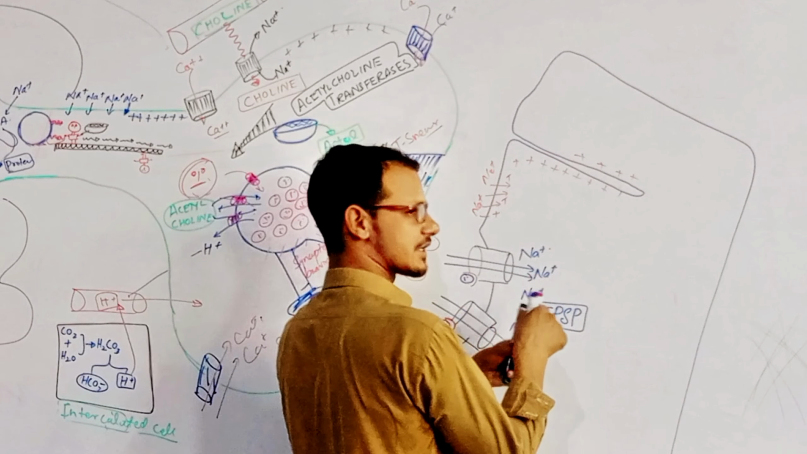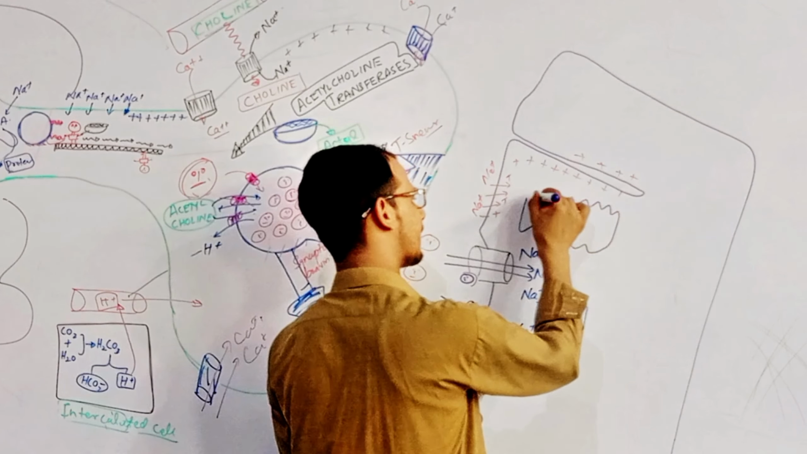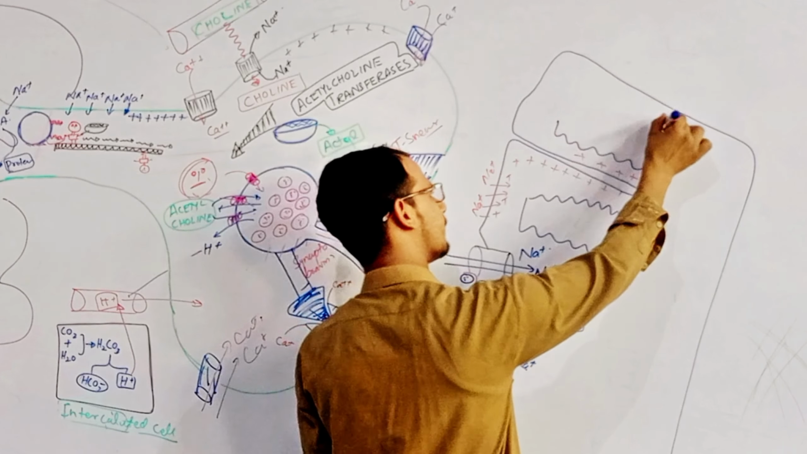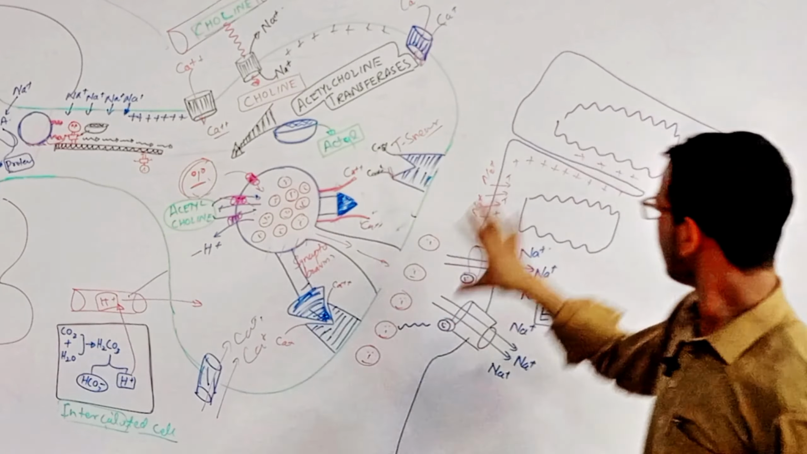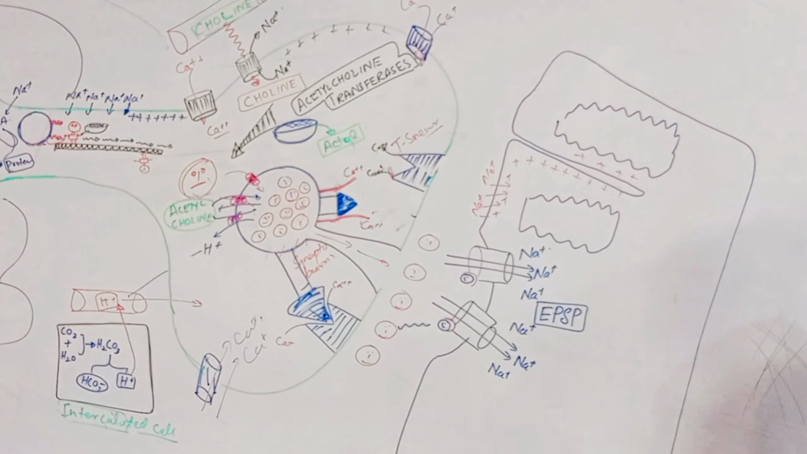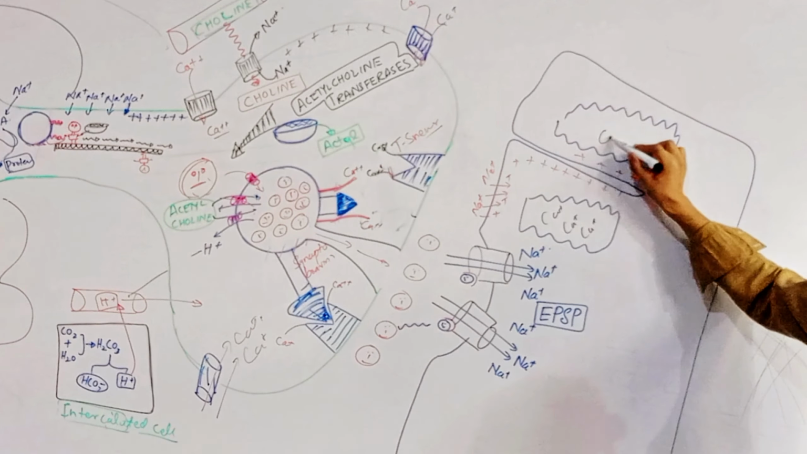And this structure here is called triad. Why is it called triad? It has two sarcoplasmic reticulum and one T-tubule, the transverse tubule. Collectively it is called triad and it stores a lot of calcium,